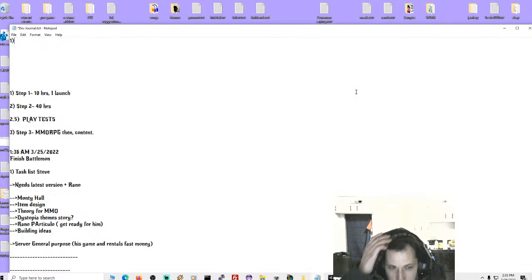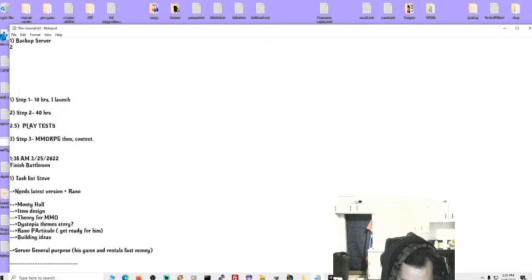So when Rano Particulo is updating, okay. So anyway, I'm gonna back up. This is supposed to be Starfighter. This is supposed to be Rano Particulo, and it's quickly morphing into Starfighter General. Backup server. Okay, so let's do that. I don't want you to see this server being backed up, but after we back up a server to